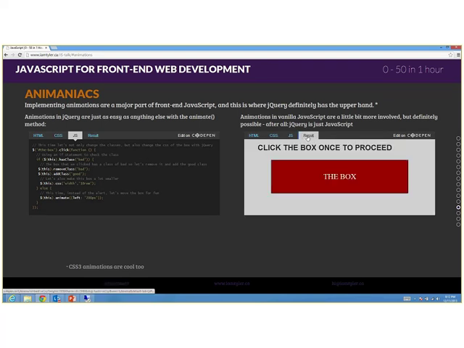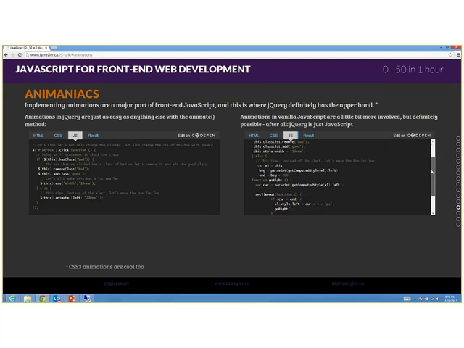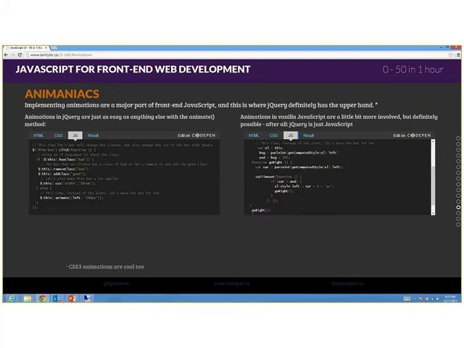Now, in JavaScript, it does the same thing. I already showed you what we're going to do. I Tarantino'd it. But for that, we have to find out where it is first, and then we have to find out where it's going to be. And then we have to create a timer function which exists in the global namespace. And we have to keep on adding pixels to the left of it if it's not there yet. So I nested an if statement in here that says if the current position of that element is less than the end position,